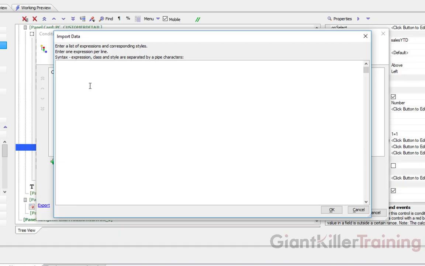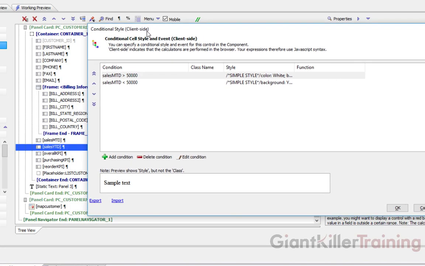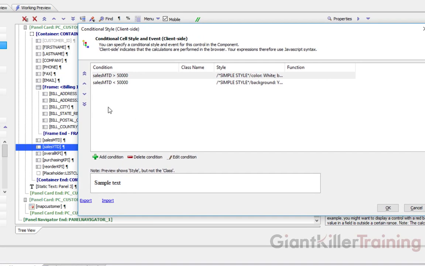Currently it's empty, so now we can right click on here and click paste. And you'll see it pastes our rules from the previous field here. Once you've pasted it in here, click OK, and now you'll notice that our new rules are applied here. But we have one last thing we need to do. You'll notice the rules are currently looking at sales month to date and have a lower value. So let's go ahead and adjust that real quick so that it makes more sense when we're using the sales